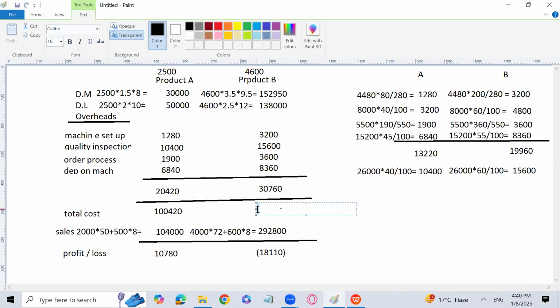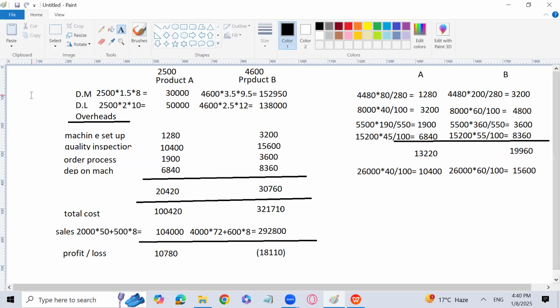And for this, 321,710. Now the total cost has been increased, but because of this, our profit will increase more, because